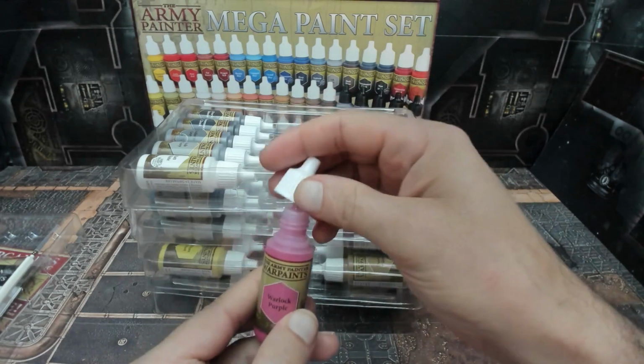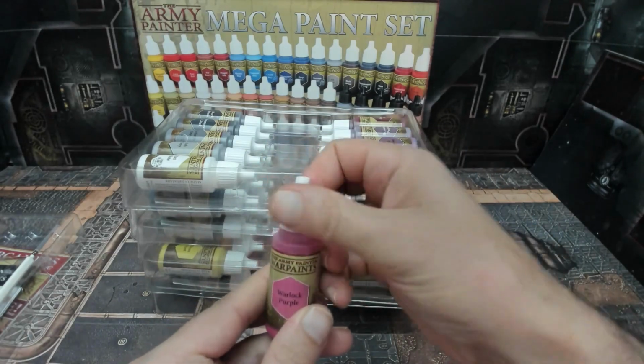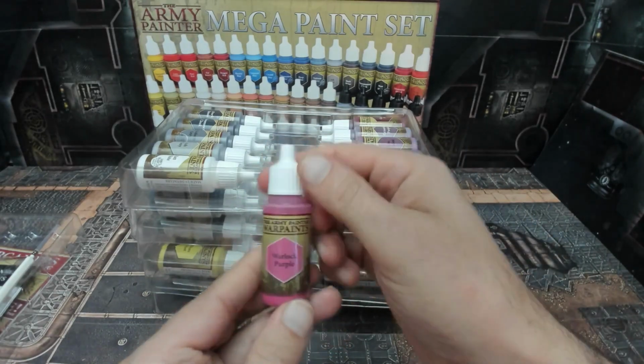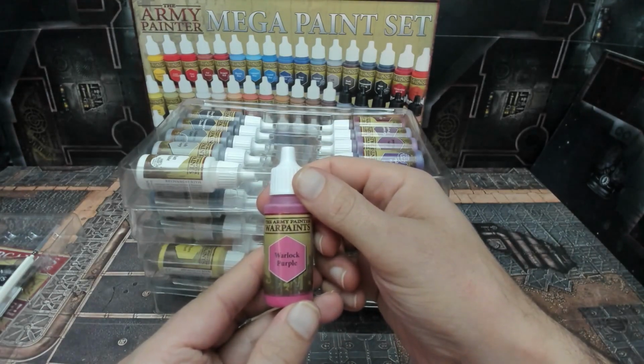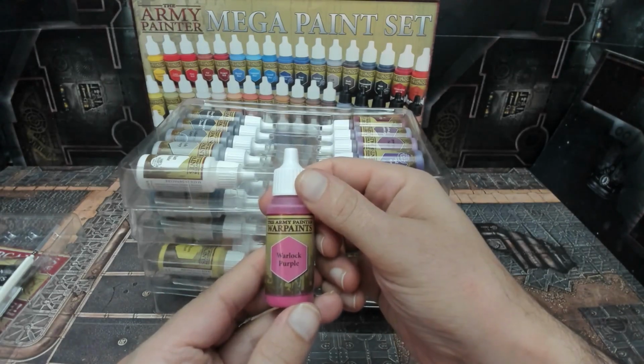Now, one important thing to notice about these is, I use the Army Painter mixing balls in all of my paints. So I'll need to go through and add mixing balls to all these because they do not contain any yet. I typically just put one in each, but you could obviously put in two. They're cheap enough that it wouldn't be a big deal,